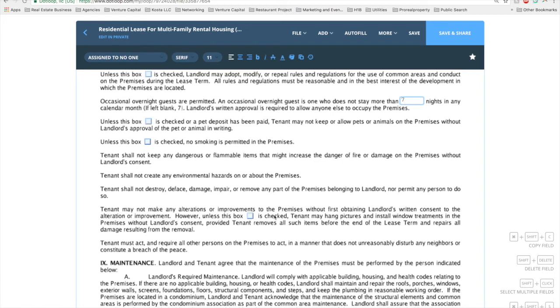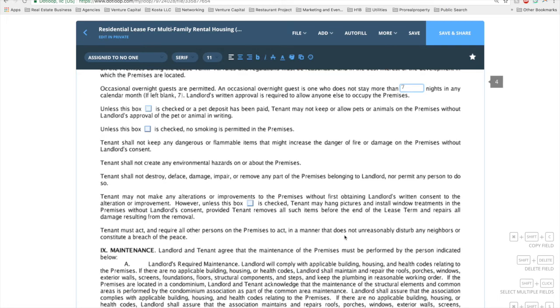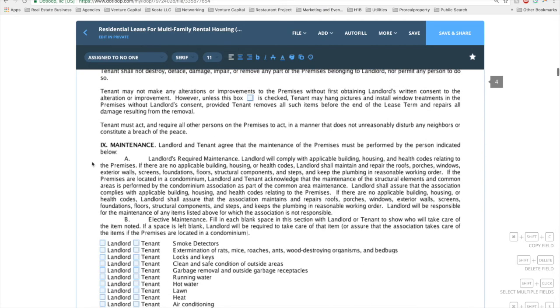However, unless this box is checked, tenant may hang pictures and install window treatments in the premises without landlord consent. So usually pictures are fine, so we don't have to check this box. Tenant must act, or require any other person on the premises to act, in a manner that doesn't reasonably disturb any neighbors or constitute a breach of the peace. And maintenance,